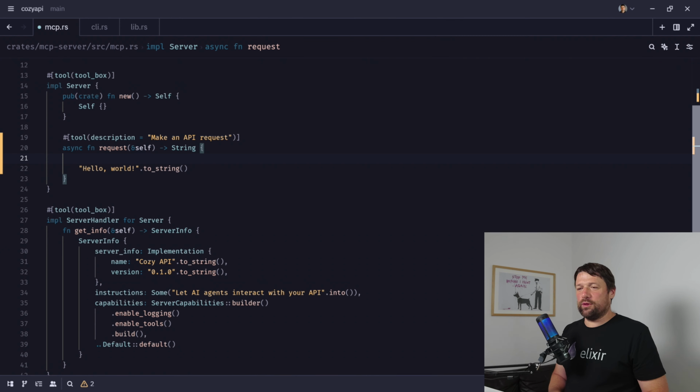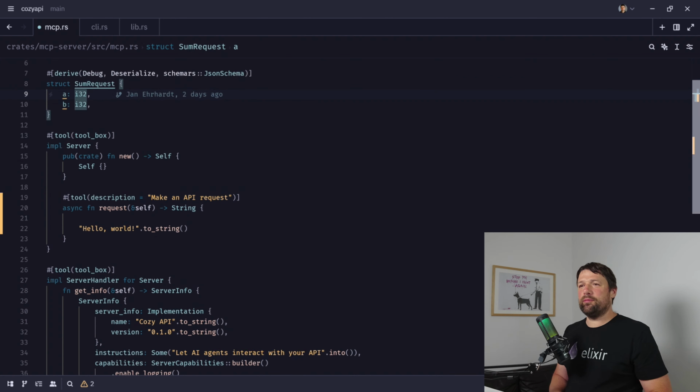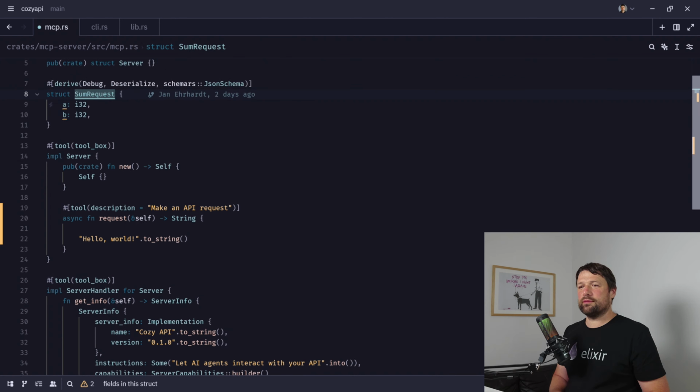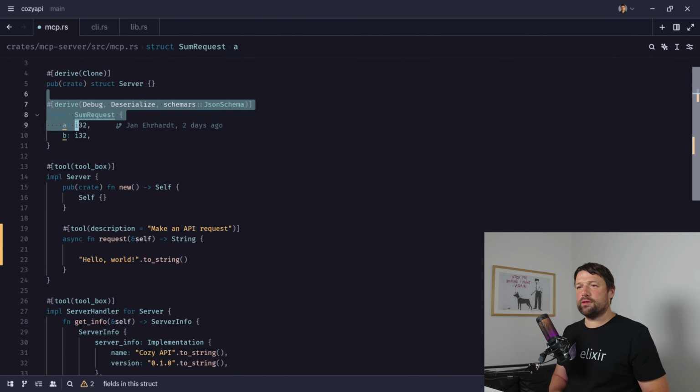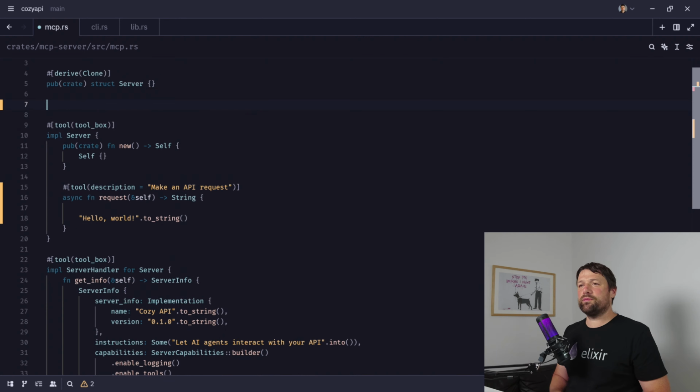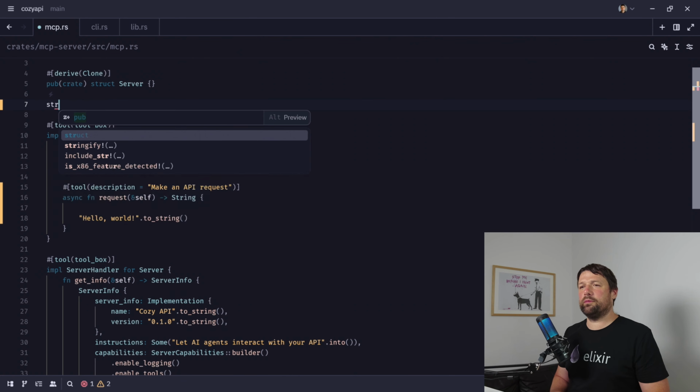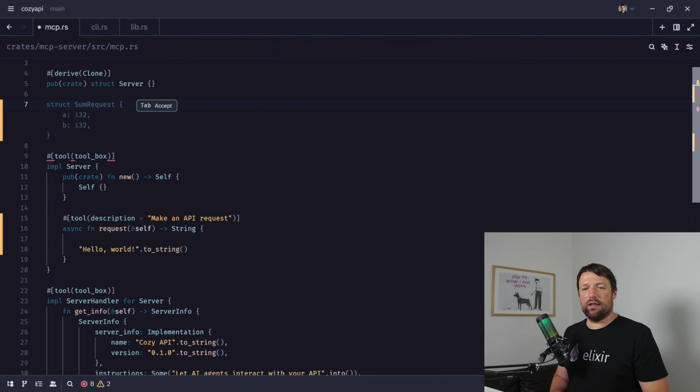So the first thing that we want to do is we want to have an endpoint that we can call. So where do we get this endpoint from? Currently we don't have actually something like an endpoint. We don't need this to be poly. So what we want is a struct that is